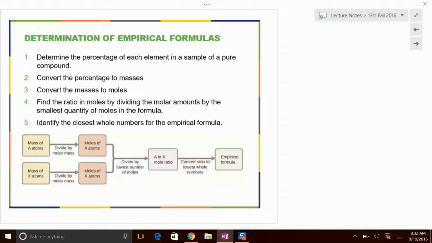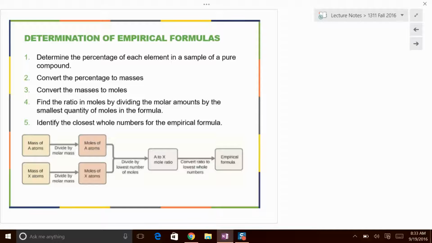All right. Convert the percentages to masses. Convert the masses to moles, and then find the ratio in moles by dividing the mole amounts by the smallest quantity. So here we're finding the masses of A, the mass of X, the moles of A, the moles of X, and then you're dividing by the lowest number of moles to find the ratio of them to each other. Okay, because they are together, and so you want to find those ratios, and you're going to determine those